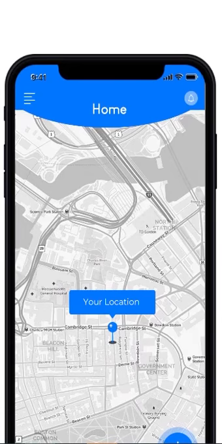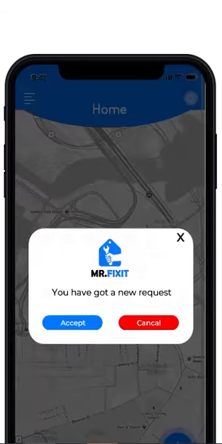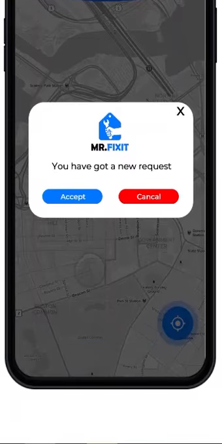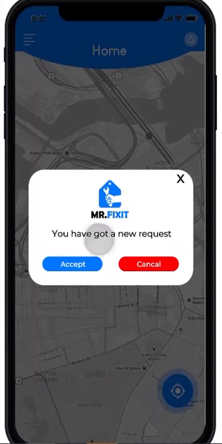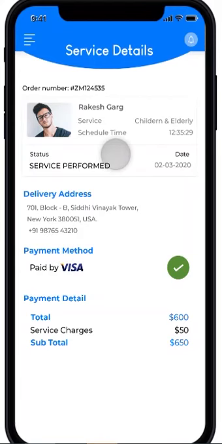Now this particular provider is online, and whenever any user comes to the system to place a request, this user will be visible to them. You can see that once any new order or request comes to this provider, they can either directly accept it or they can also provide a quote. Right now they have accepted the service, and you can already see the payment has been verified and the user has already paid this amount, so that this provider can start their service, and the date for that service has already been assigned to him.